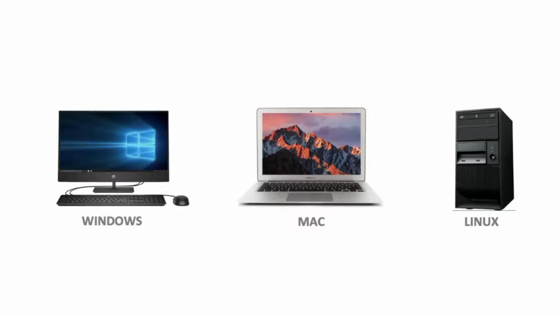So given that we've said that if you have an application or a program on one machine, like a Mac, it's not possible to run it on another machine like Windows, how does Java do this then? Well, let's take a look inside and see what happens. So let's take a look at actually what's inside the Windows machine.